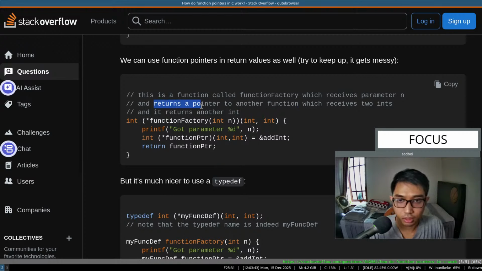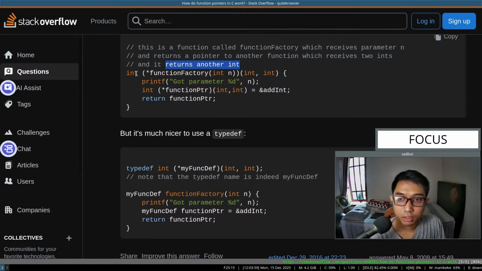Another key point: it returns a pointer to another function, which has two ints as the parameters and returns another int. This is the return value of the function that we are pointing to,